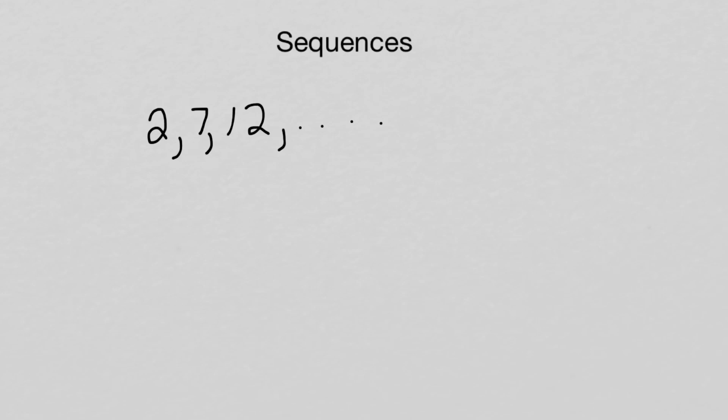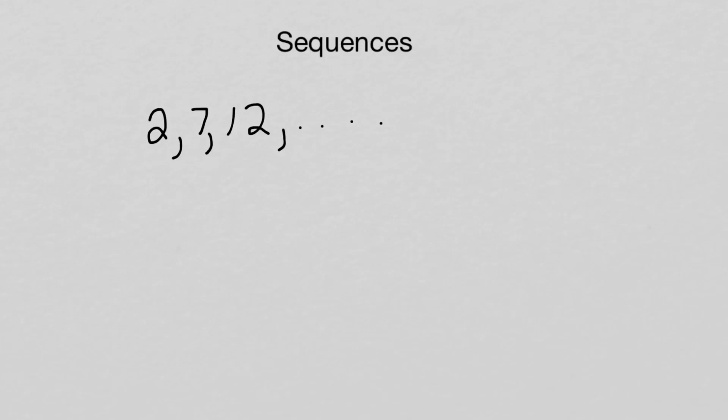All right, I'm going to work through about 4 problems here, and I think that'll be enough for you to catch on to what's going on with this. Here you have a sequence. Most sequences, they'll just give you 3 numbers. Some will give you more, but most of them will just give you 3 numbers. And in those 3 numbers, you need to pick out first if it's arithmetic, where you're just adding a number each time, or geometric, where you're multiplying a number each time. All right, let's look at this one.